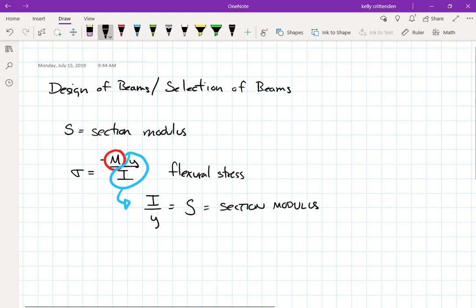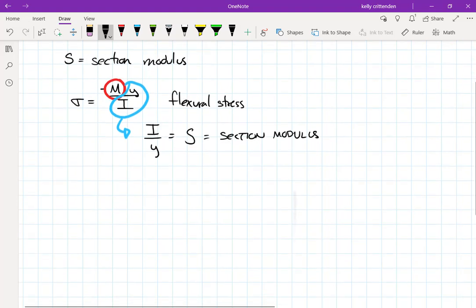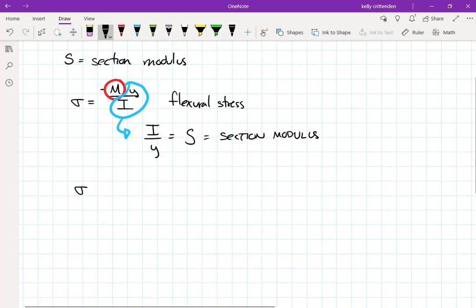And so if we make I over Y equal to S, then we can rewrite our equation here. Now this one does calculate maximum flexural stress, because you can put other values in for Y. So you could put the top of the beam or the bottom of the beam or anywhere in between for Y. So when you combine them in a way to make S, the section modulus, it's going to do sigma max. So the maximum flexural stress, wherever that is in the beam cross section, is going to equal M over